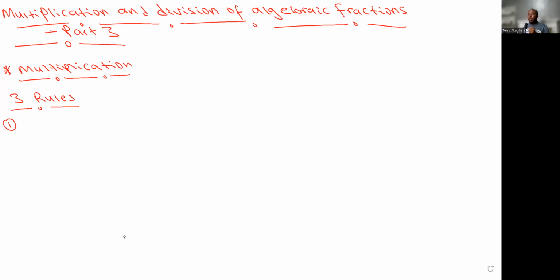Just a quick reminder: I told you in the previous video in this series that fractions are in the form of A divided by B. A is the numerator, the value on top of the division sign, while B is the denominator. So we multiply the numerators